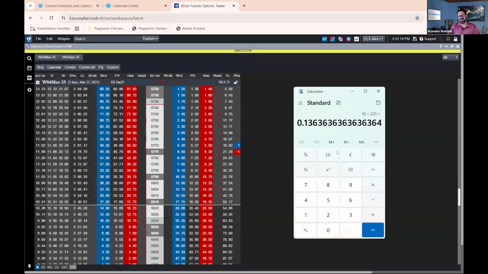I'm not making a killing. It's 30 bucks. But 30 bucks is 30 bucks, especially if you only have to use $220 to open up. No, that can't be right. Yeah, $220 was right to open up the position. That was right, the margin. So what if you have more than that? You can do multiple contracts, and that's how it starts to get a lot of fun when it comes to